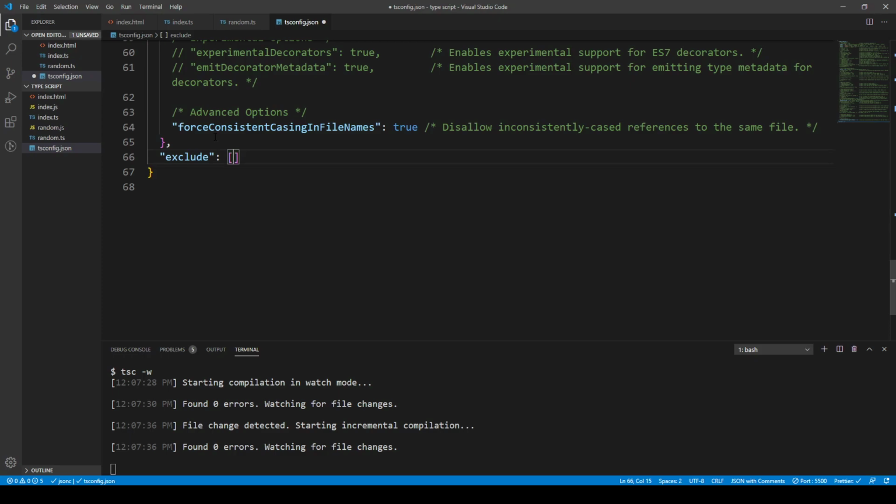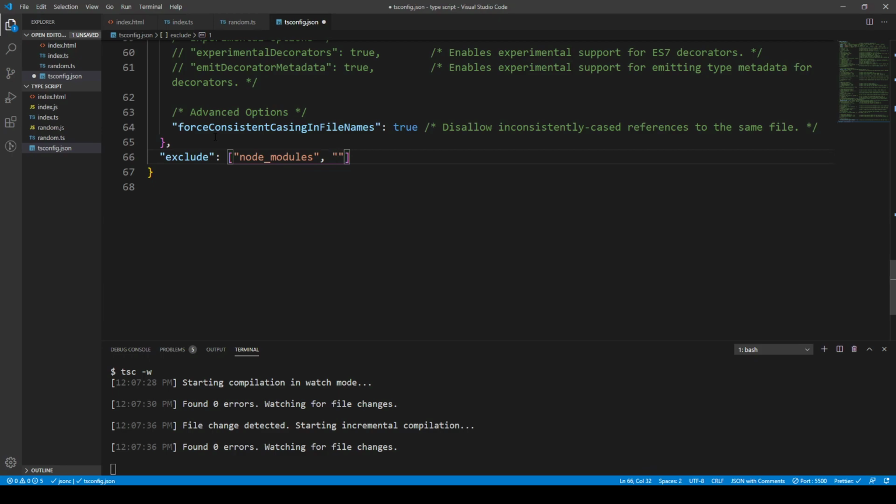You might have a framework or something like that. So this is equivalent to excluding the node modules, but you have to write that node modules exclude. Even though we don't have node modules in this case, if we did, we would have to write exclude node modules if we were to